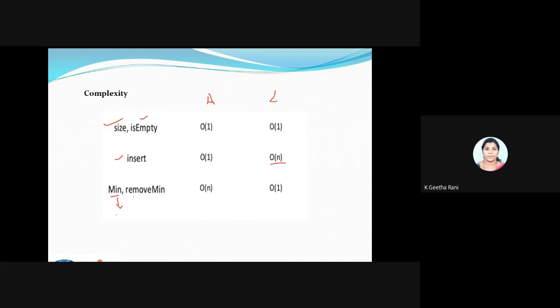So don't get confused by the term. Our key values will start from 1, 2, 3 and 4. This 1 is the minimum value, and 1 is also called the higher priority value. Both are the same.